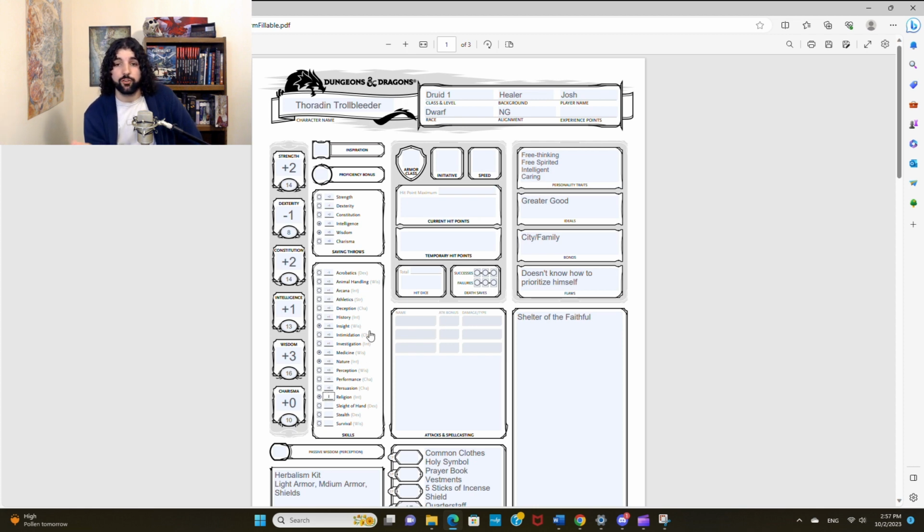Each skill is attached to an ability, so whatever modifier you have for your ability is going to be your base score. For acrobatics, it's dexterity. So my base score for acrobatics is going to be -1 because it's a dexterity skill. However, religion, my base score for it is going to be +1 because my intelligence is +1 and religion is